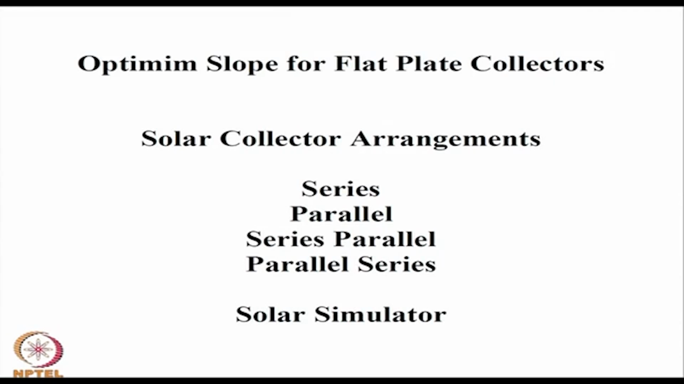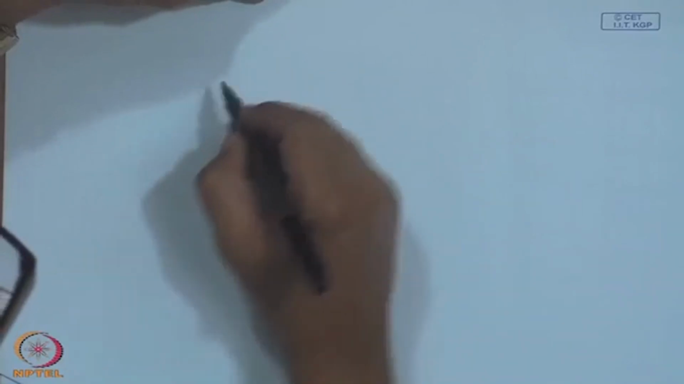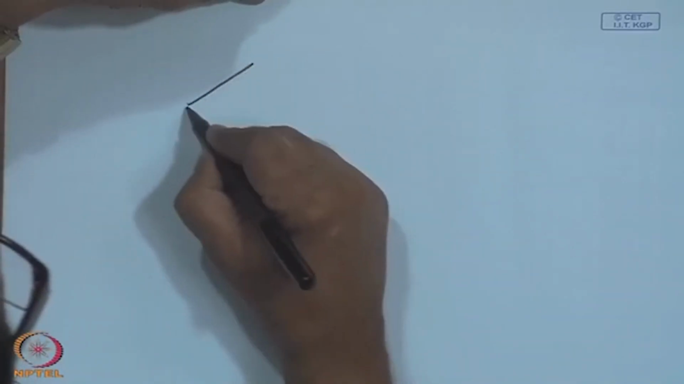First, we discuss the optimum slope for flat plate collectors. The best way is to calculate the total radiation received by the collector in the year, even based upon the monthly averages, and depending upon your objective, you maximize the total radiation received over the year or whatever is the application that demands. Now, the other thing, when we talk about a single collector